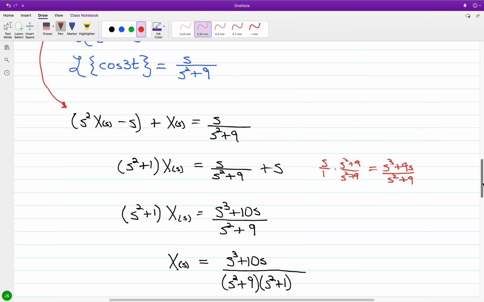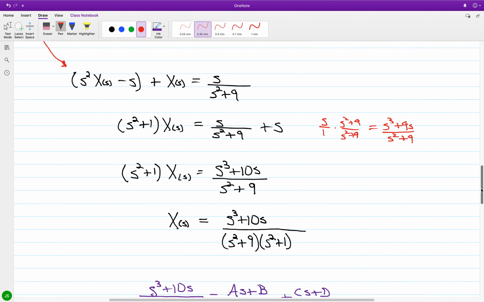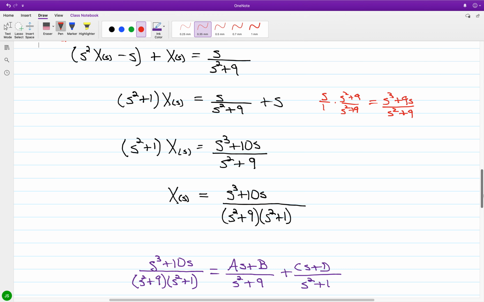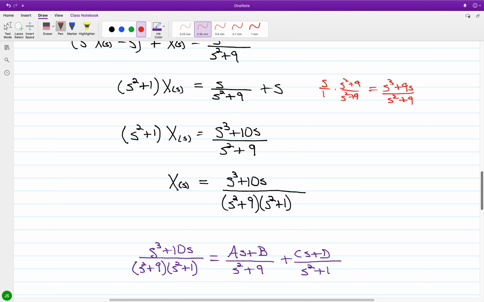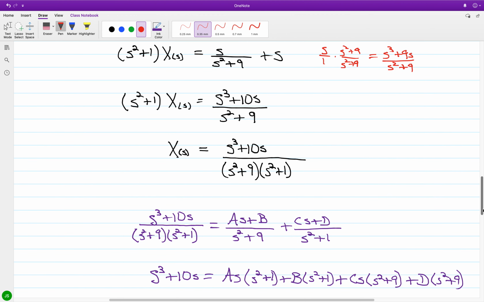Now, for this ratio, we're looking at breaking it down with partial fraction decomposition. Both denominator factors are quadratic in form, and you want to maintain a 1 degree difference between the denominator and numerator. So with s squared plus 9, we have the numerator not A, but As plus B, so you have a 1 degree difference. Likewise with s squared plus 1, you have Cs plus D. And looking at clearing out the fractions upon multiplying by both s squared plus 9 and s squared plus 1, we have this rather lengthy